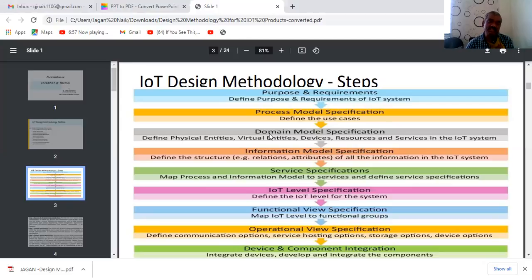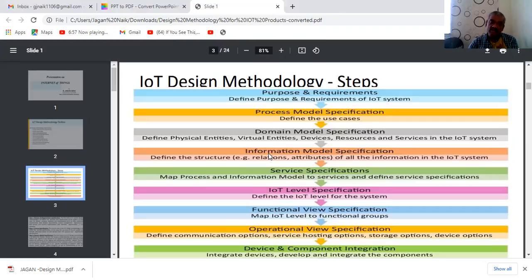After designing the third step of the model specifications, we can go for how we are going to design the information model specifications. In this information model specification, we need to design the structure, what exactly the structure is, and for those structures, how we are going to provide the relationship among the objects, such as aggregations, generalizations, or specialization.